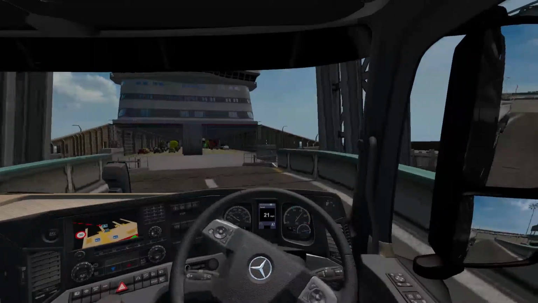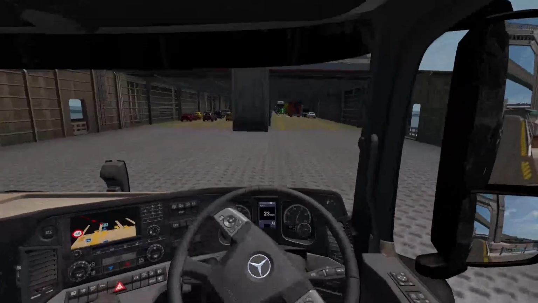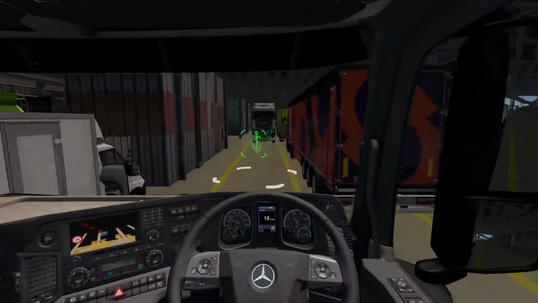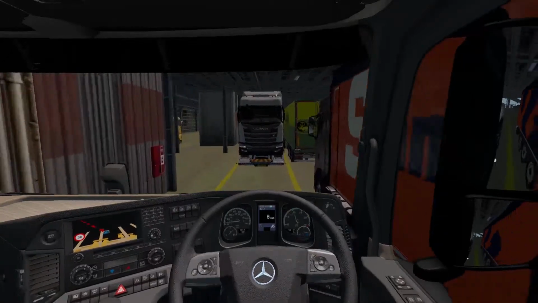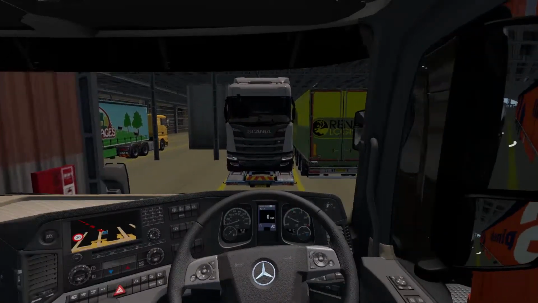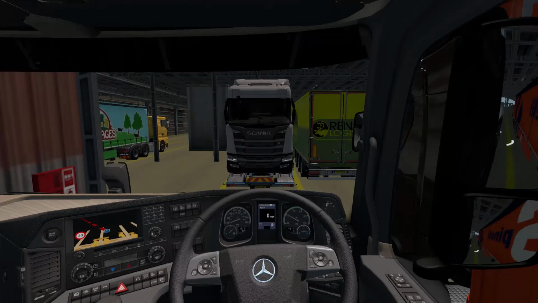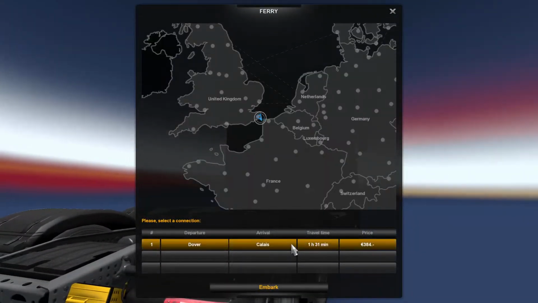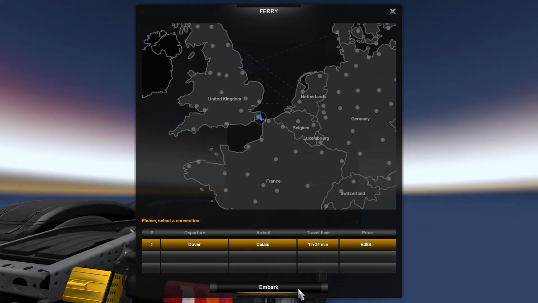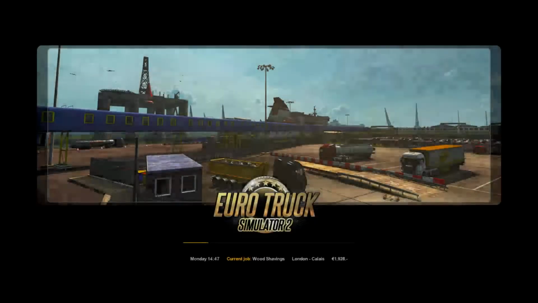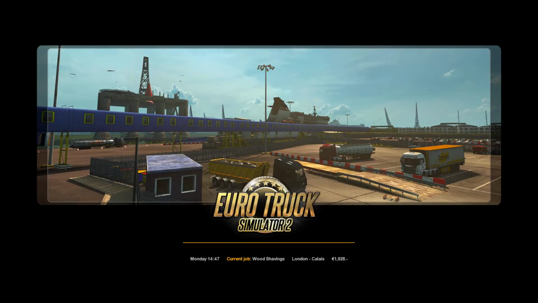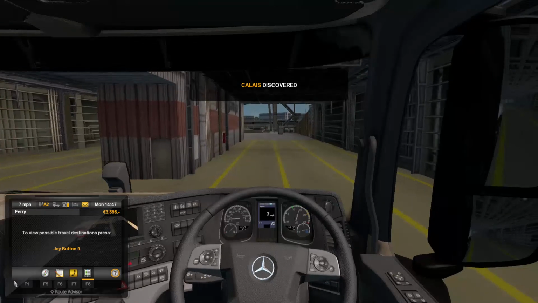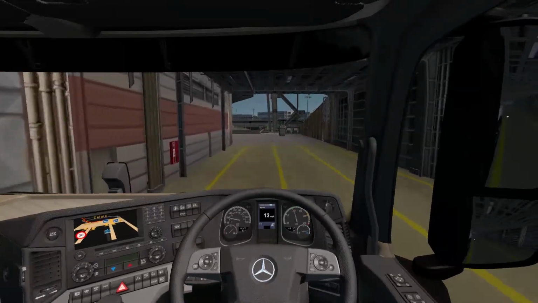So there is our place on the ship right there, reserved for us in between quite a few trucks. I've driven slightly too far past it. There you go. So we're going to Calais. It's going to take an hour and 31 minutes. It's going to cost us about €400. But luckily, because I did forget this actually, we're doing a quick job, which means that any of our ferry travel costs are covered by our employer.